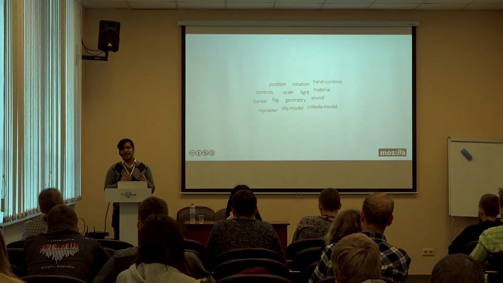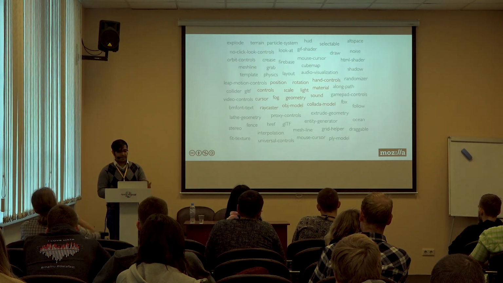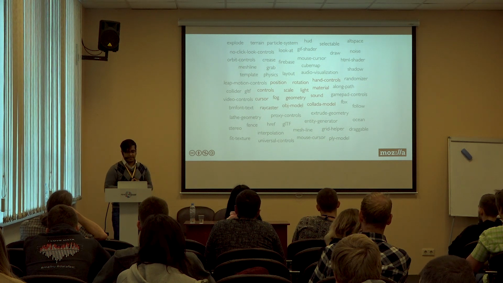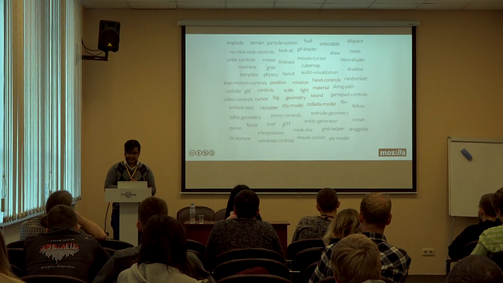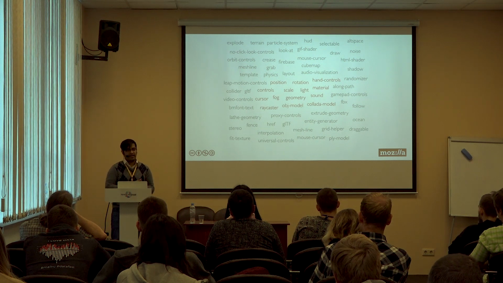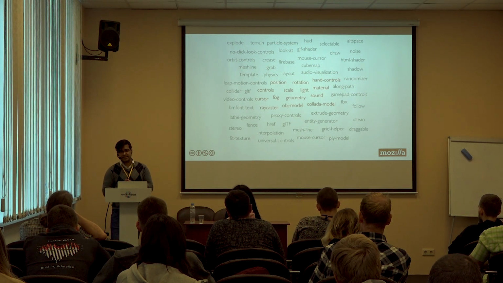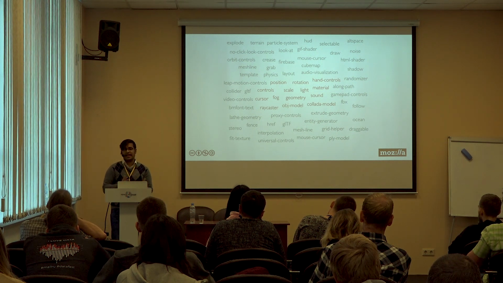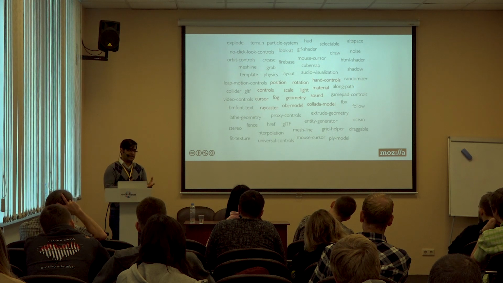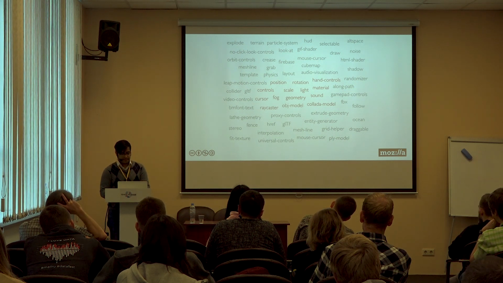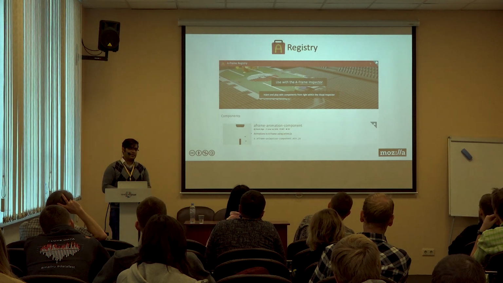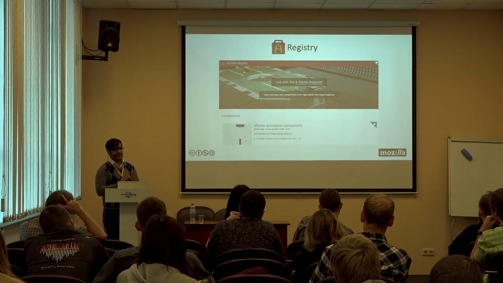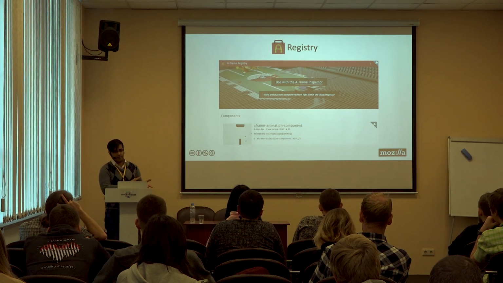Since A-Frame is fully extensible at its core, the community has filled the ecosystem with tons of components. These components can do whatever they want. Basically, they have full access to Three.js and the web APIs. This component ecosystem is the lifeblood of A-Frame. You can simply drop these components in as script tags and use them straight from HTML. This is an example of advanced developers empowering other developers and working on collecting these components. These components are collected and made available in the A-Frame registry. It's like a store of components that the registry team makes sure work well, and people can browse and search for components or install them.